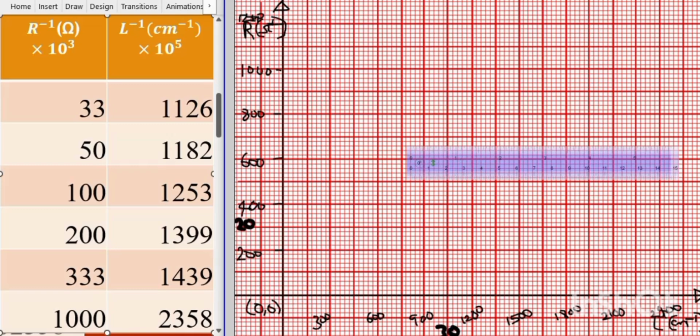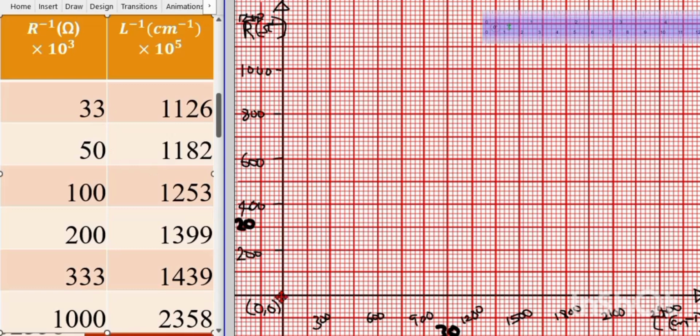Now let's see how you plot your graph very quickly. So I think by now you may not need your ruler. You can just push your ruler aside, and then you continue. So the first data we have is 33 against 1126. Your calculator is also very important here. How do we get to 33 if this is 20? So we can easily say that 33 is in between